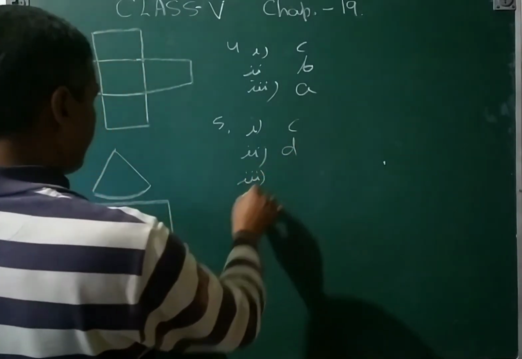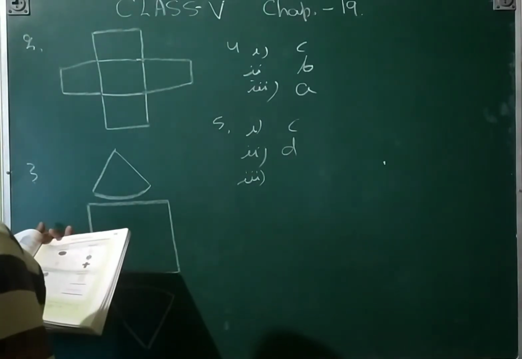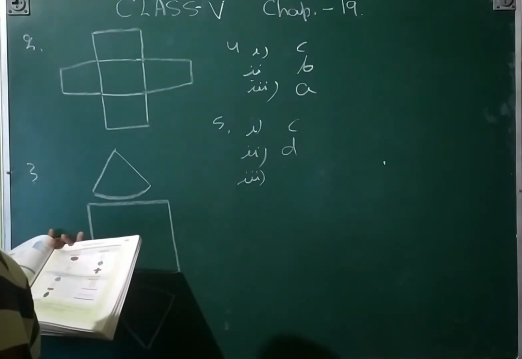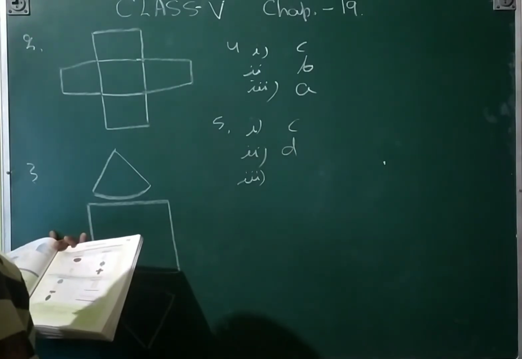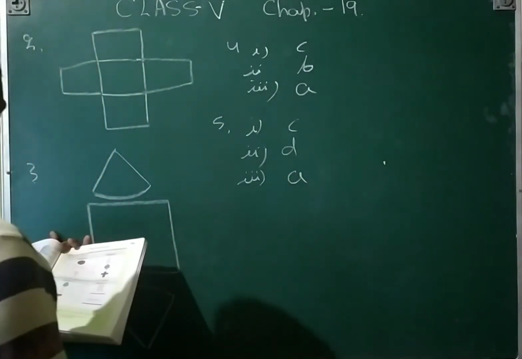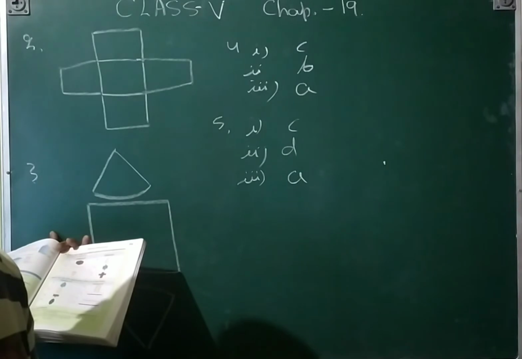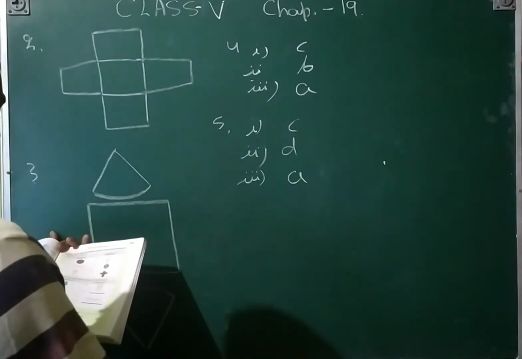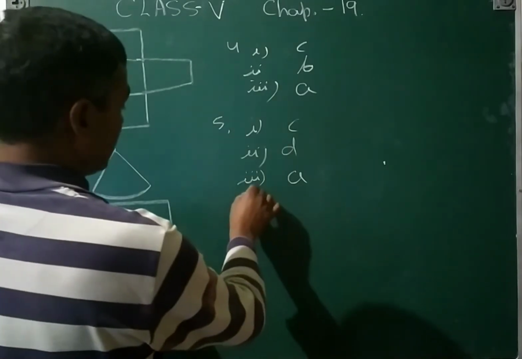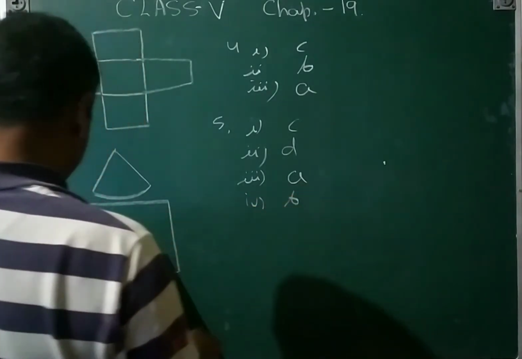Third, see that third part, 1 rectangle and 1 circle you are looking at. So that means the cylinder is open from one side. So that is the A part. And 2 cones are looking. So that is a double, a pencil sharpened on both sides. So that is the B part.